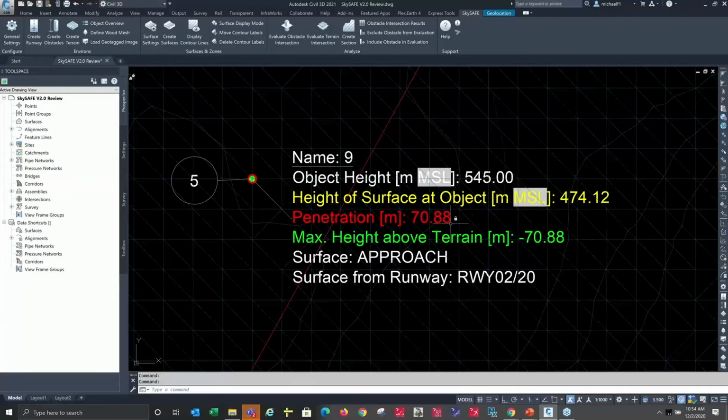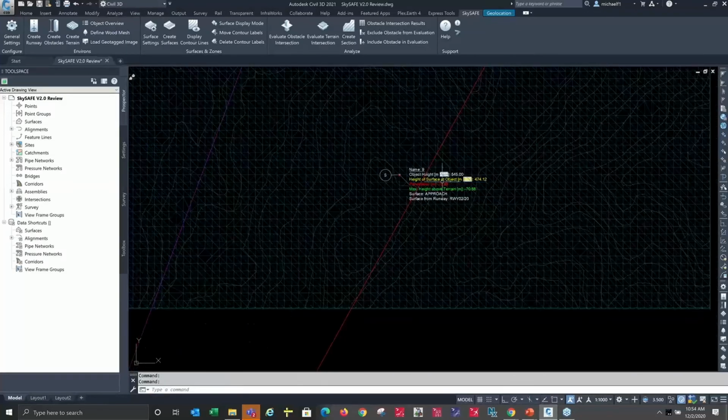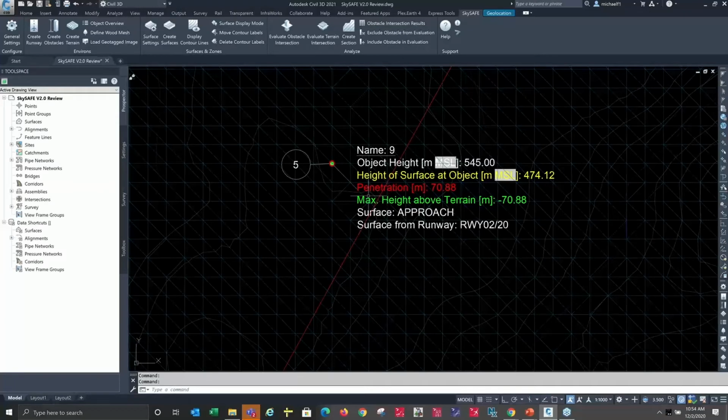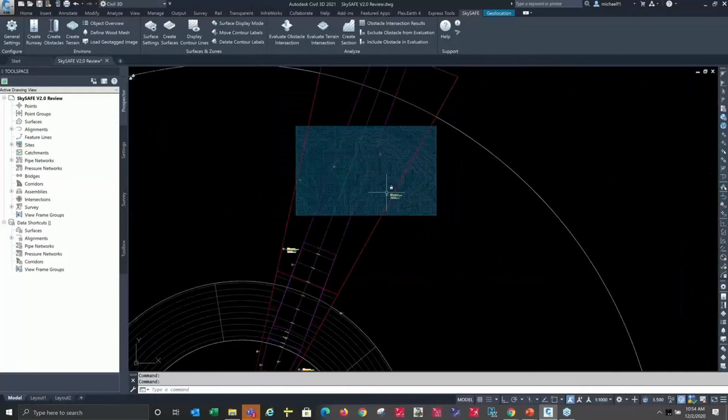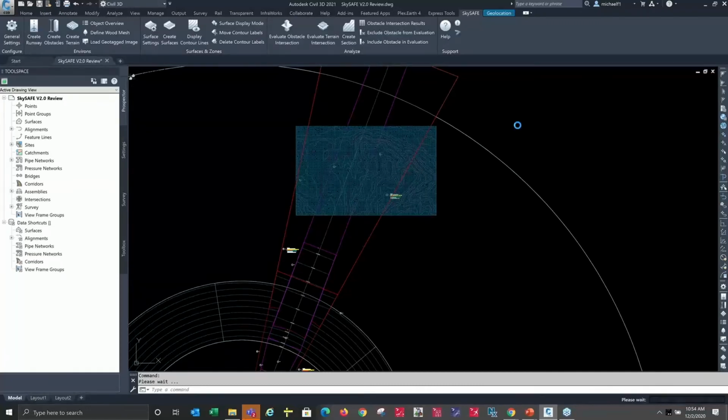So what it's telling me at this point is that my obstacle, it seems, is penetrating, but I might also have a terrain issue, since this delta penetration is about the same thing as well. So we'll report not only the obstacle height in relation to the terrain or the ARP, we'll now be able to take a look at the terrain and what the terrain does with the existing ground or the obstacle surfaces. So let's evaluate the terrain intersection. Here we'll use the SkySAFE mesh, the only one that's in the drawing right now. It's going to go ahead and